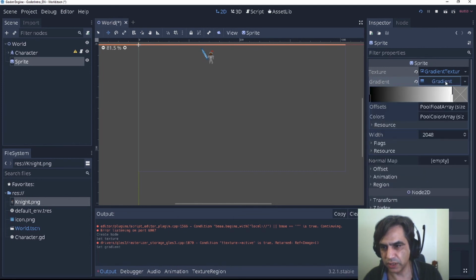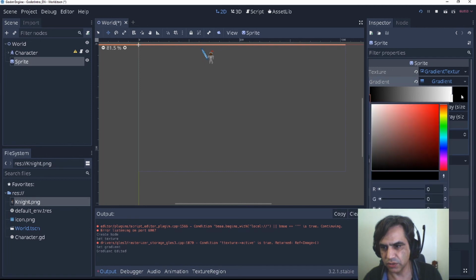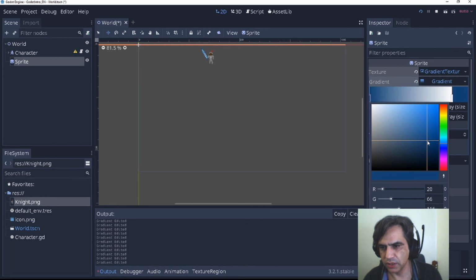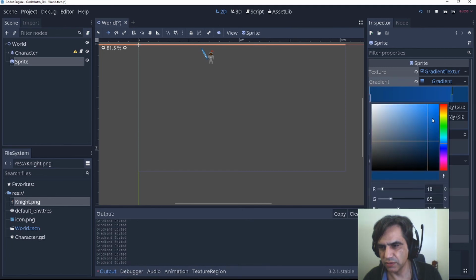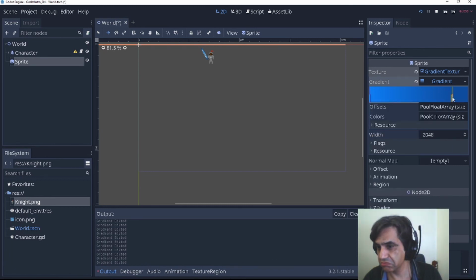I can select this color. Let's do some blue, maybe, and the other end a blue but a little bit darker. Cool. It looks like the same. Is it the same? No, it's different. There's a gradient.